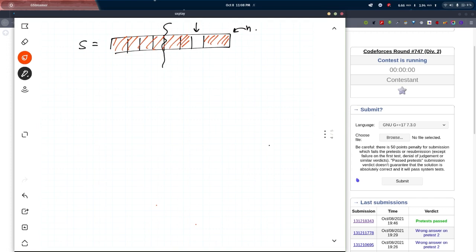N can never be a multiple of n minus 1 unless n equals 1, but in the question it's given that the length will be greater than or equal to 3, so we don't need to think about that.